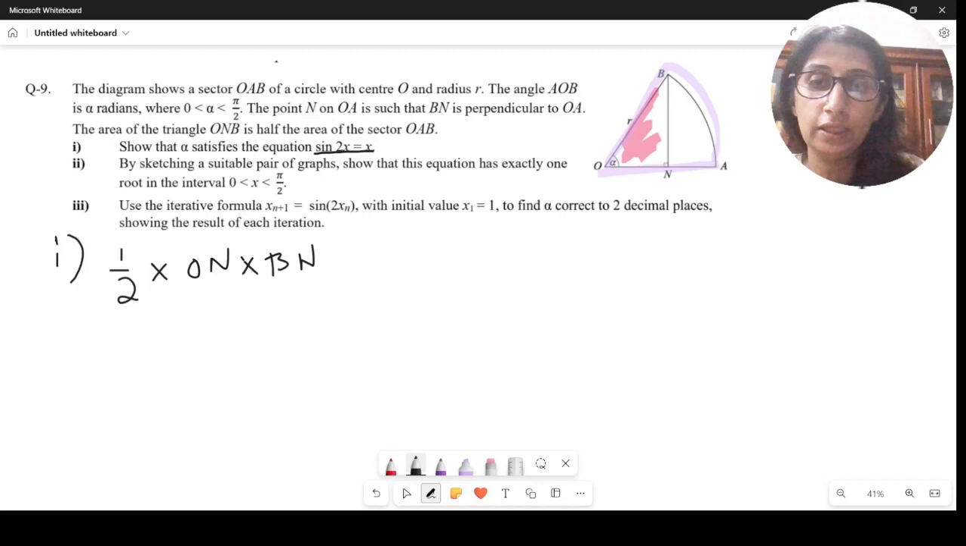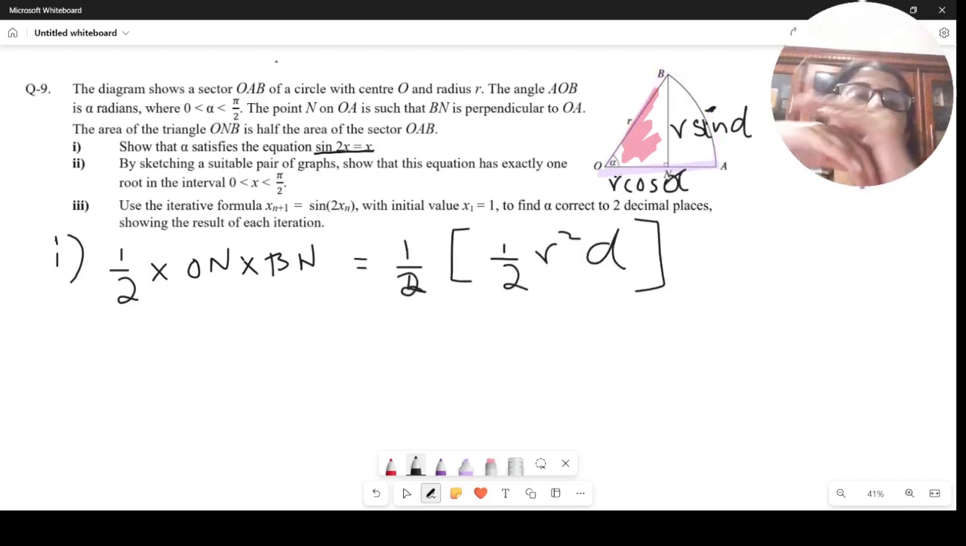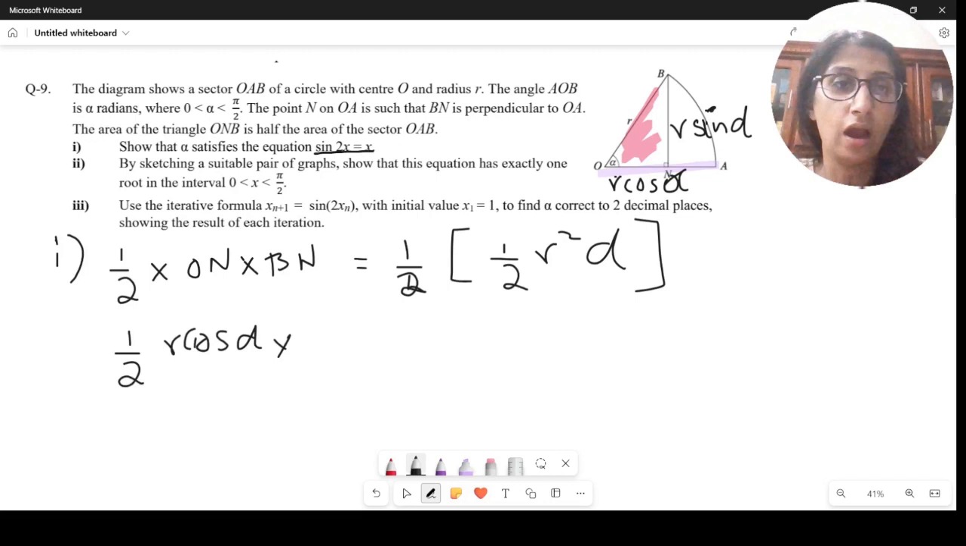Next, I need ON and BN in terms of r. So ON is going to be r cos alpha, and BN is going to be r sin alpha. Otherwise, you use trigonometry. You can use SOH CAH TOA to get ON and NB in terms of R. So half times ON, which is R cos alpha, times BN, which is R sin alpha,